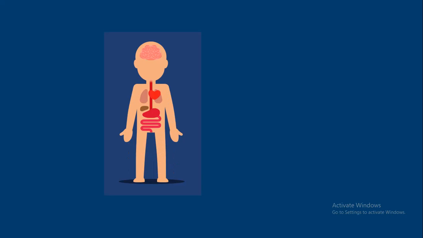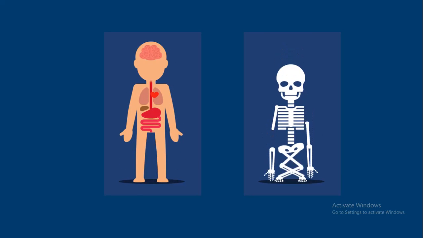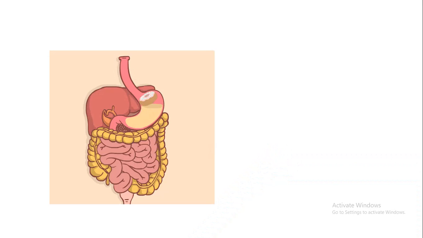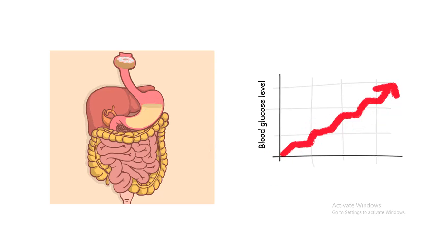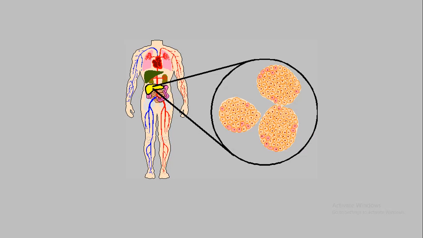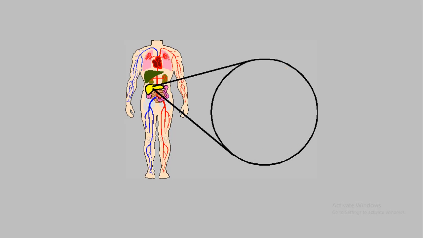Now, all these signaling paradigms keep us a healthy organism and keep all our organ systems going. But if it doesn't happen, we would die, which is pathetic. Now let's say we have ingested a tasty donut. As a result, our blood glucose level would increase. As you can predict, our pancreas would secrete insulin to lower the blood glucose level.